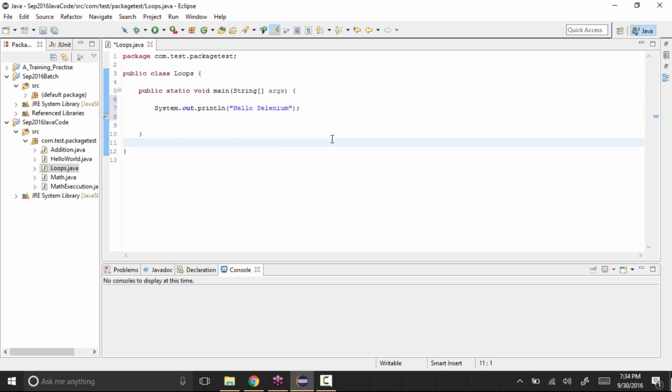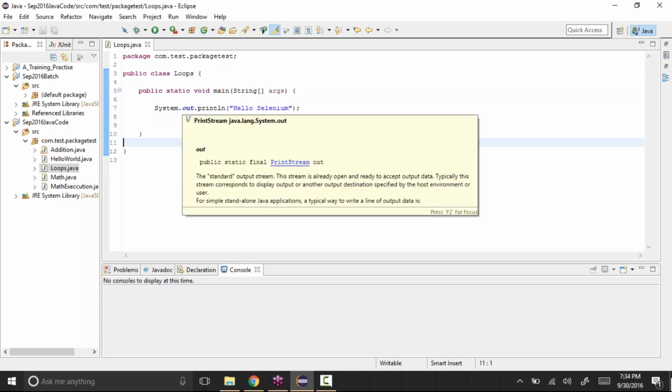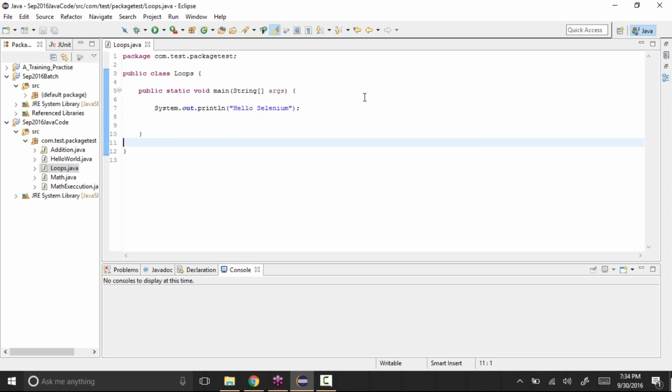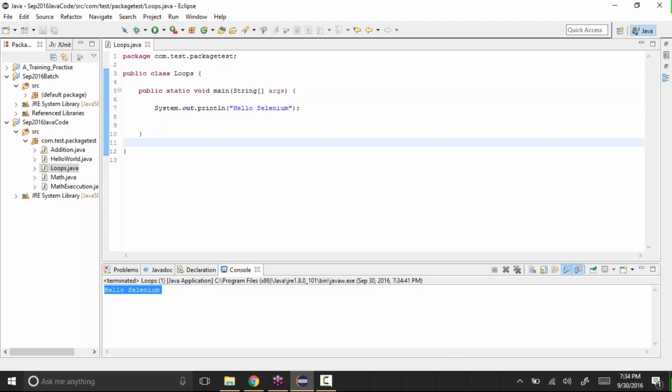All I did is create a class called loops, and I selected the main method, so it gave me this code, and in that code I just added a print of hello selenium. If I click on the run button, it gives me hello selenium here.